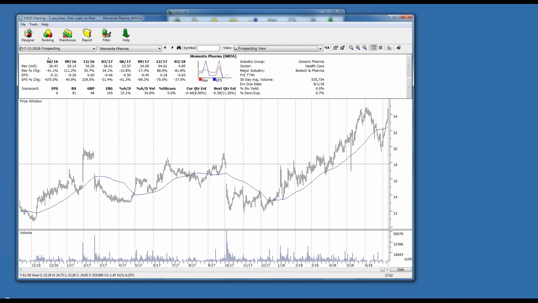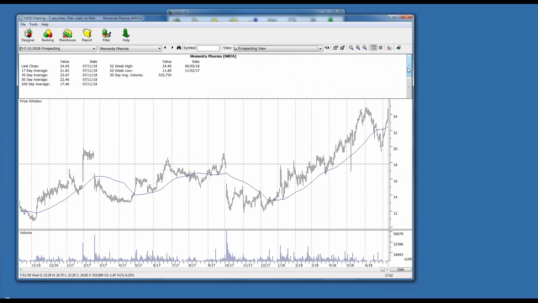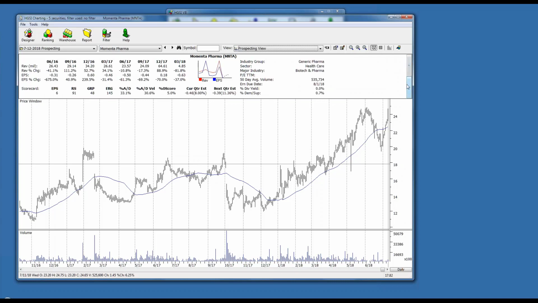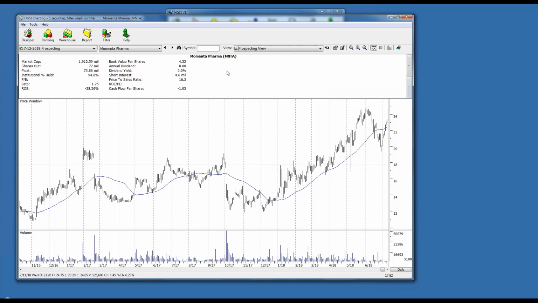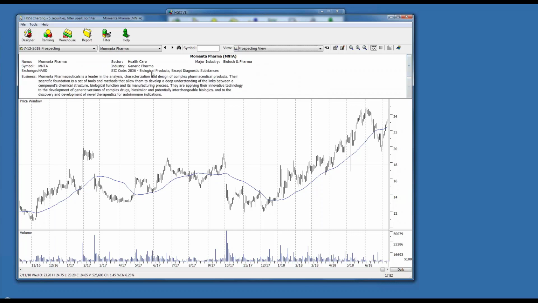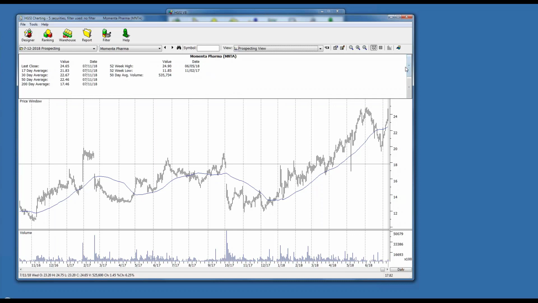On our charting, there's a main panel at the top. This fundamental panel is controlled with this button right here. It will toggle the fundamental panel on and off. The fundamental panel actually has 5 sub-panels, which you can choose with these 2 arrows on the right. And they just provide various fundamental and technical values so that you can see them while you're looking at the chart, including a business description field, which also contains the sector, industry, and major industry, some of the moving averages,